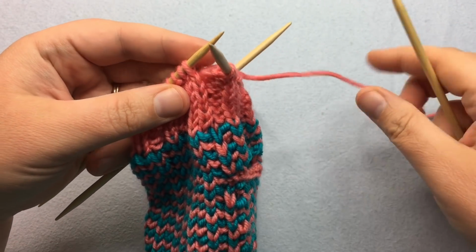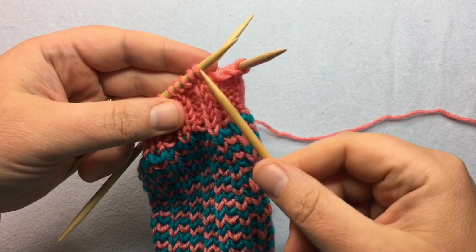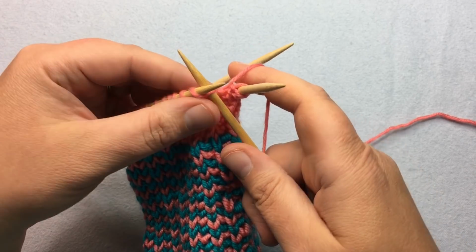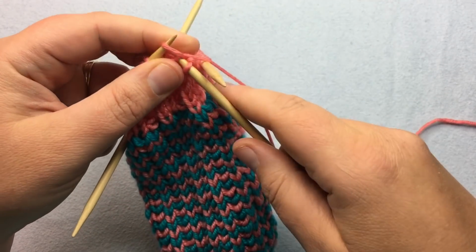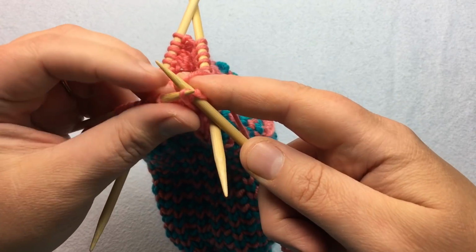To bind off in pattern, all you simply do is follow the pattern that is existing on your needles. So in this case, I have a knit 2, purl 2. So I'm going to work the knit stitches as knit and the purls as purls. In starting binding off, we work the first 2 stitches. So in this case, it's knit 2 stitches. Okay, and then we lift up and over from this first loop that we knitted,